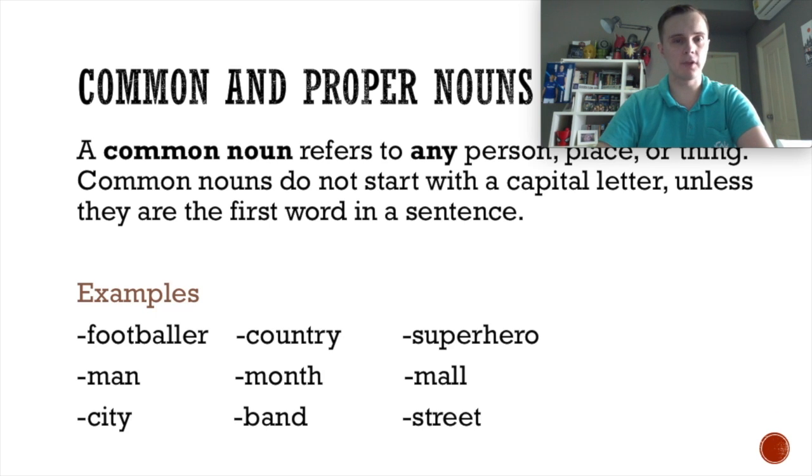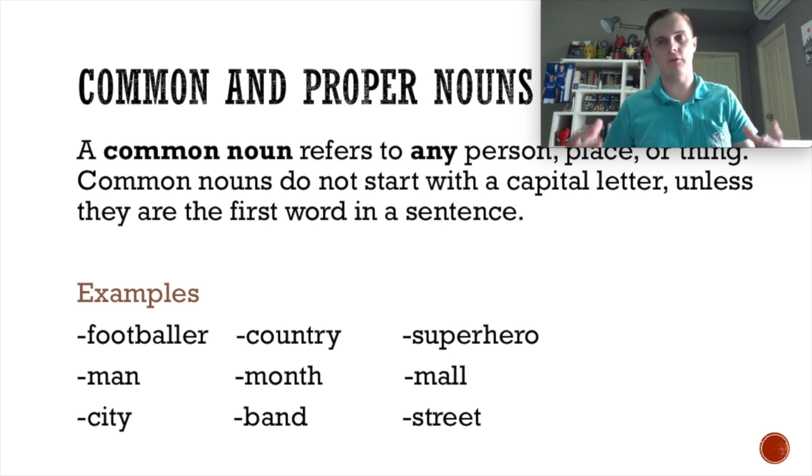So we've got some examples. Footballer. You should know what a footballer is. A footballer is a person that plays football. Man. I'm a man. Person. City and country. A city is a place, and so is a country. City is like Bangkok. Bangkok is a city, but country is a place with lots of cities, a much bigger